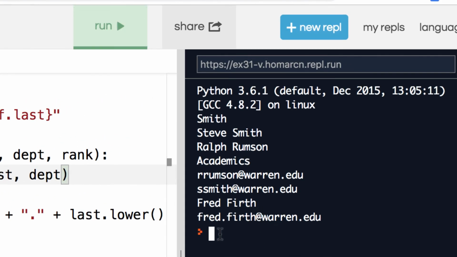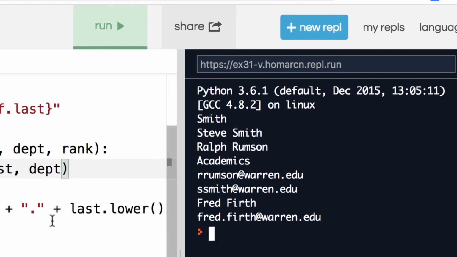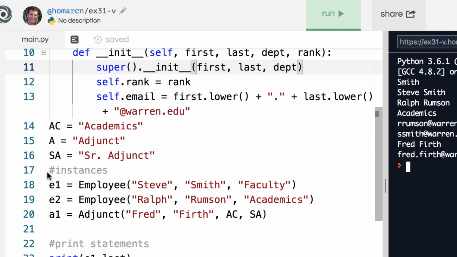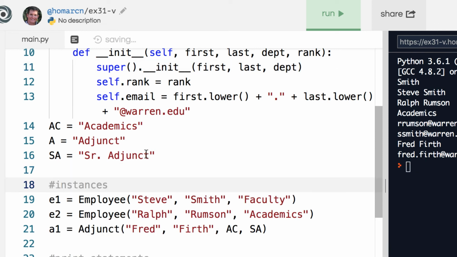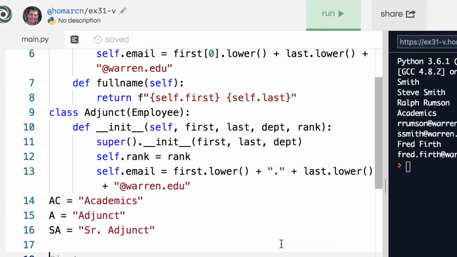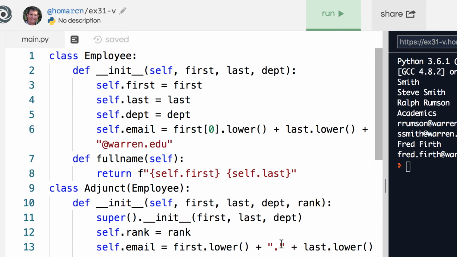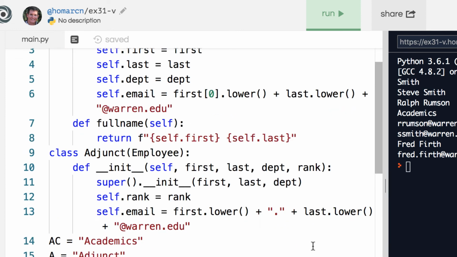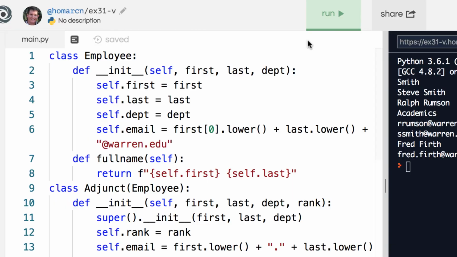And there it is, Fred Firth, and there's my fred.firth@warren.edu. So just remember, I still needed to inherit department. I messed that up, but that's good, because it's good to see mess ups and see where problems are occurring, and it helps you learn a little bit about it. And again, I just use variables here, just regular global variables, just to make typing a little bit easier when I create these. But we'll cover a couple more concepts with object-oriented programming. So again, not real exciting, but it's just learning the concept and the terminology here. So I'll stop here, and then we'll do a different setup with cars or